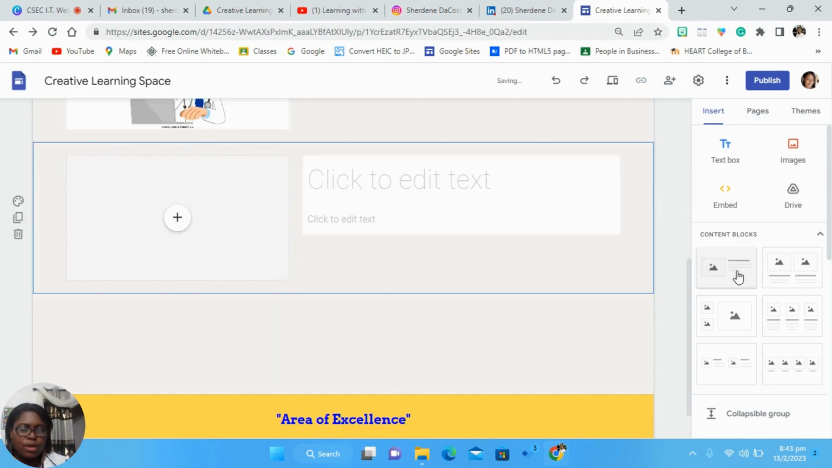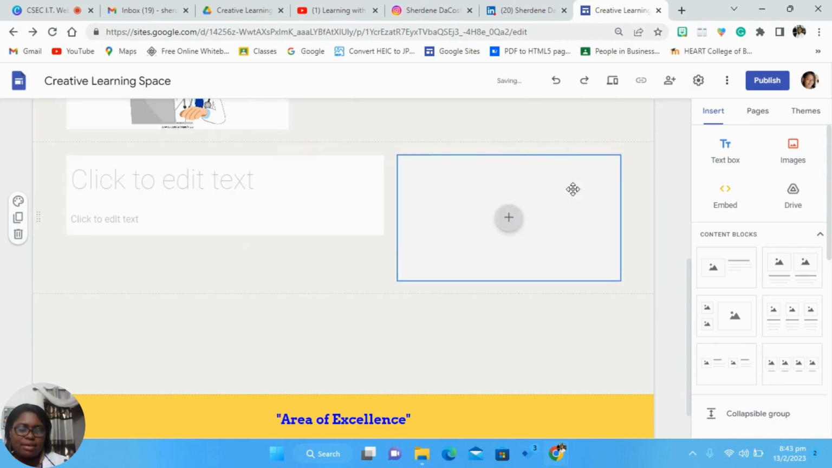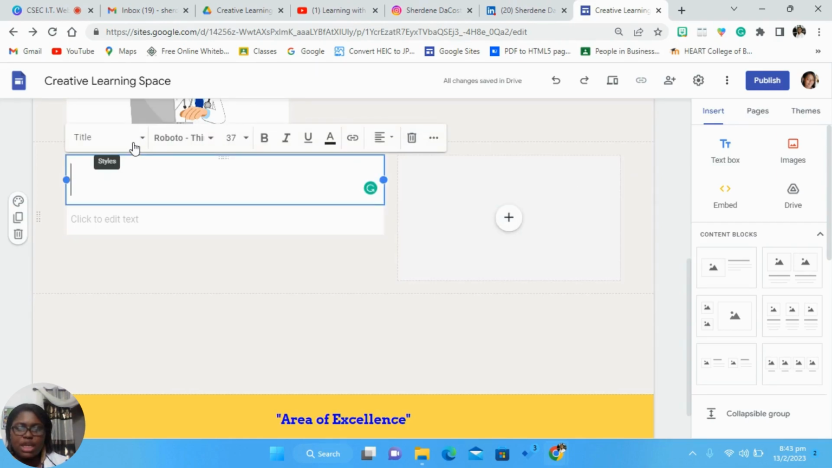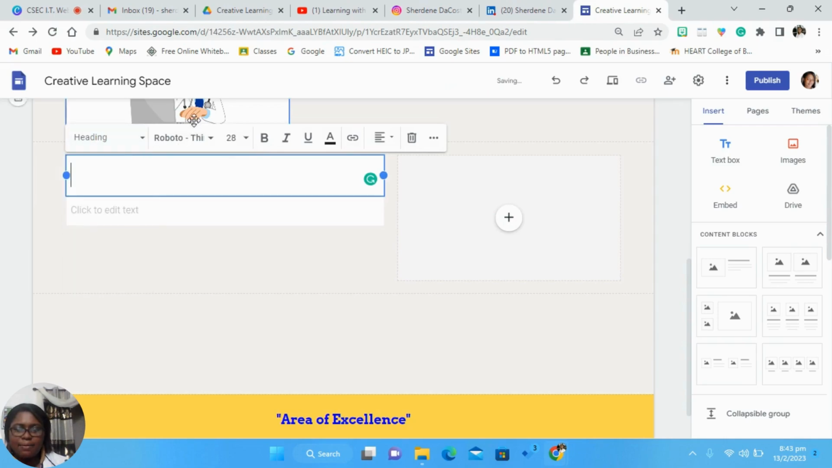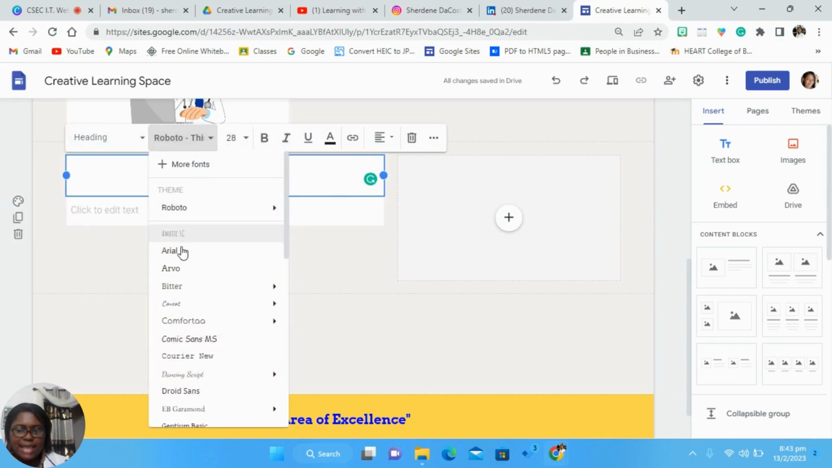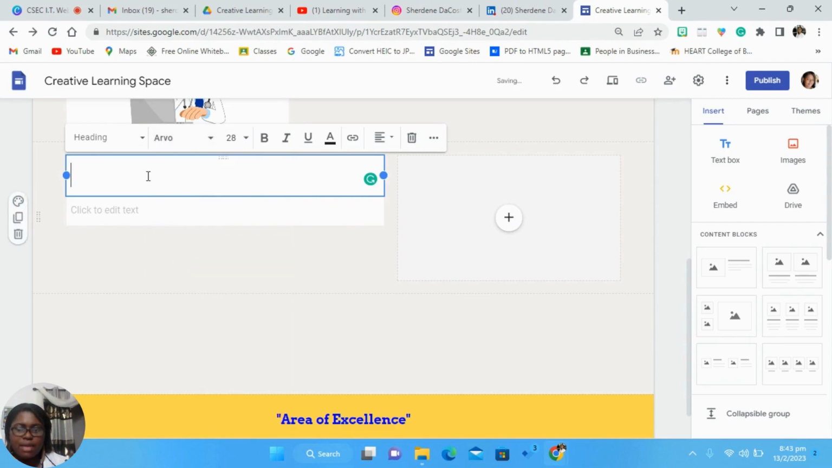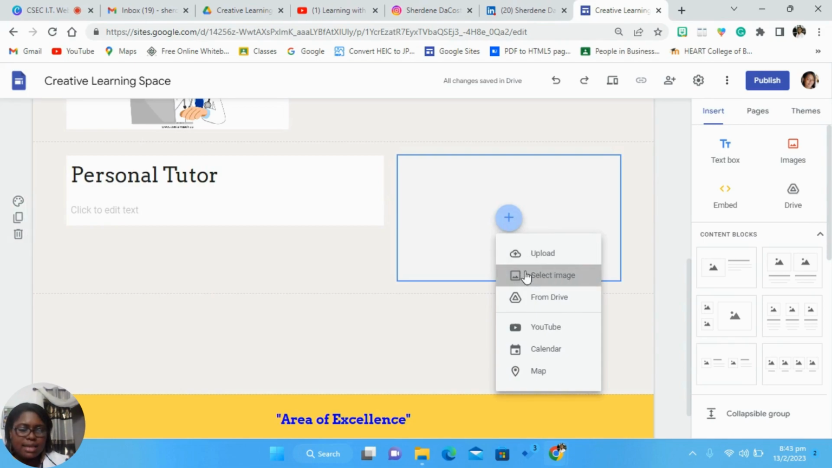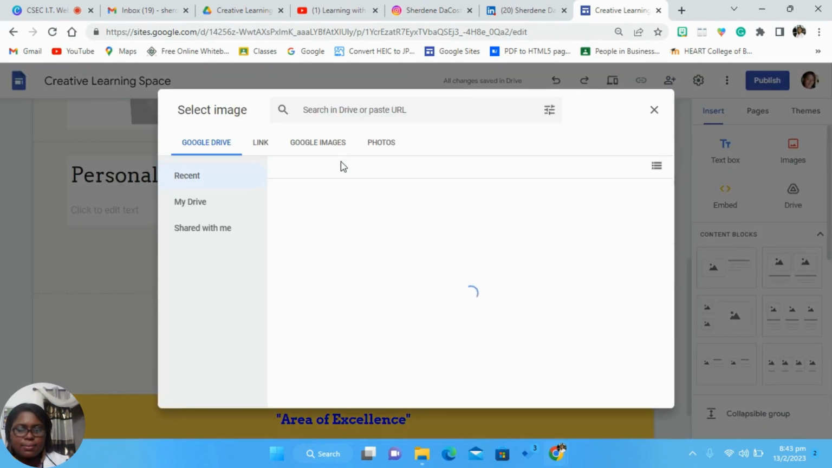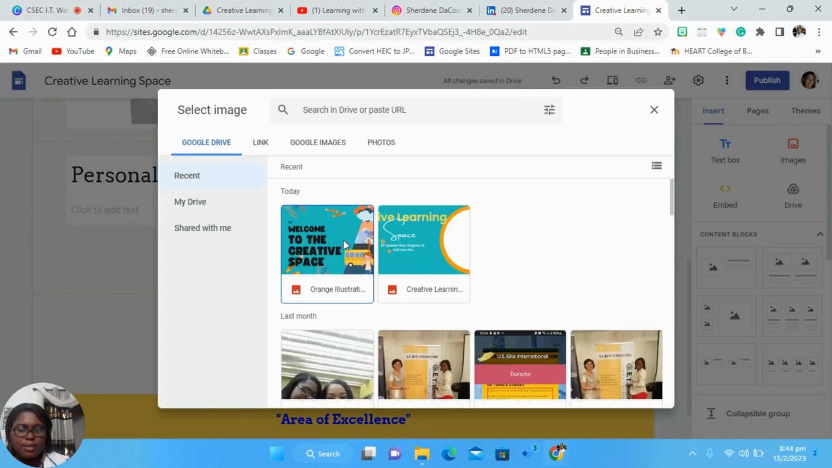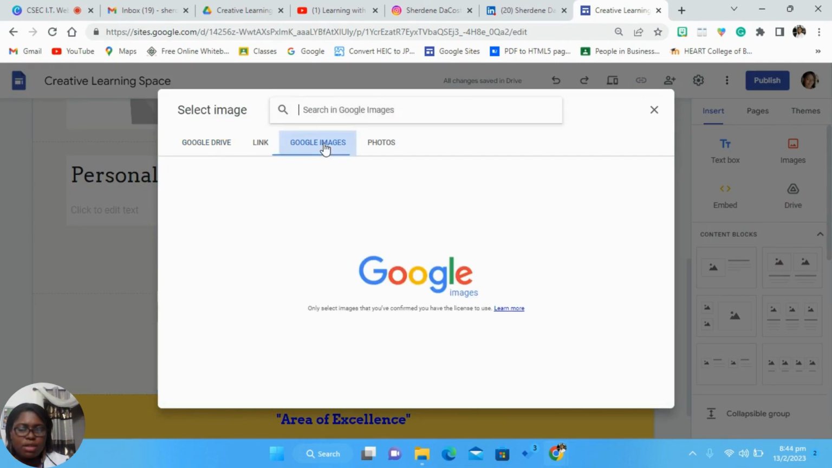content block. Now for this content block, I want the image to be on this side. So let's just drag it over, release it. Now this I'm going to change to a heading, change the font style to the one I want from the get-go. And then I'm going to have "personal tutor", get a picture, select, and then this is going to be Google image,